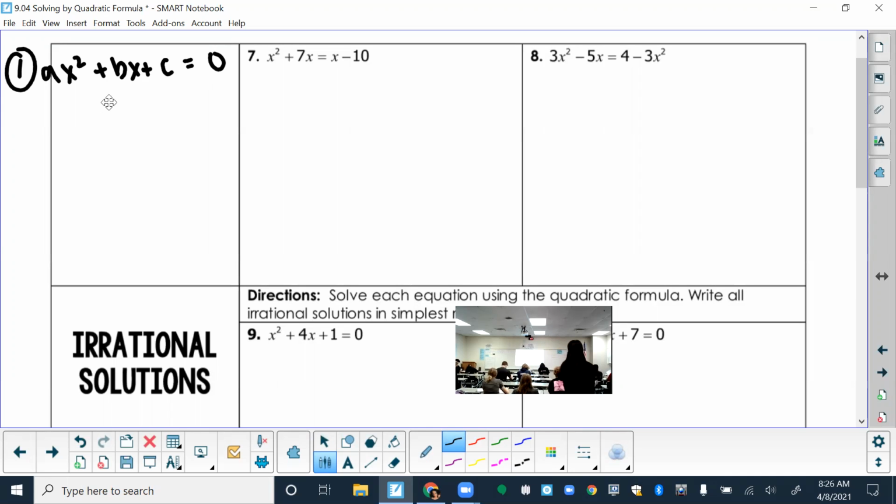Does it look like what I wrote over here? This would be the correct format. It does not, right? So what you'll have to do